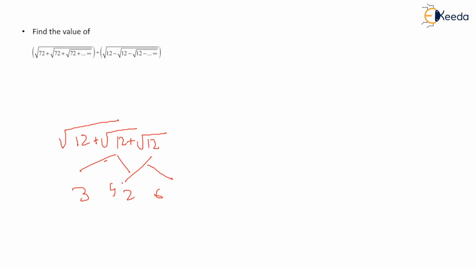So here you can see the difference between these two is 1. So among these two, the factor will be one of them. If there is a plus sign, then you will take the bigger quantity. If there is a negative sign, then you will take the smaller quantity. So the value of root 12 here is what? Negative sign. So if it is negative, which one will we take? Minus, the smaller one.